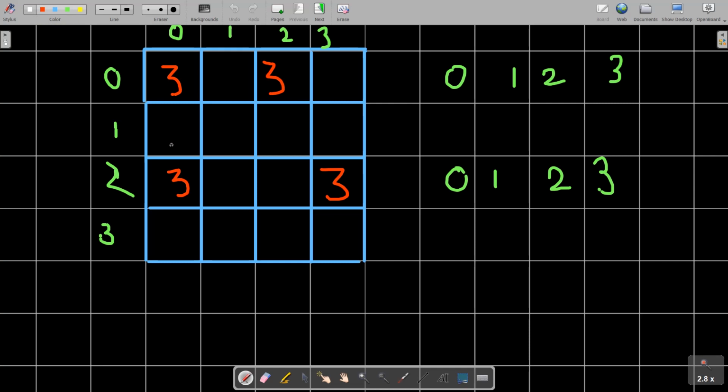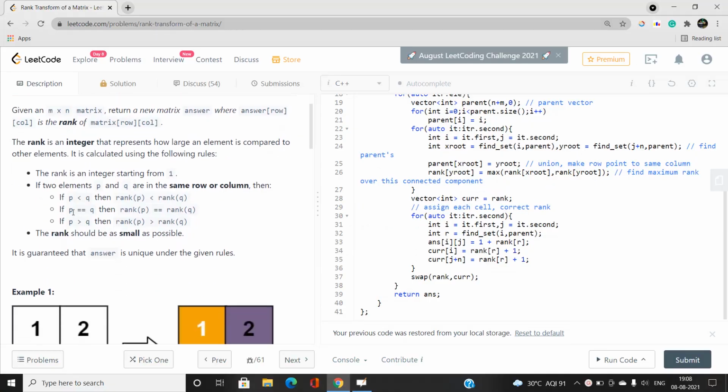You can see that I have some same values across some rows and some columns. If I focus on the zeroth column, these are the same values lying over here. If I am trying to find the rank of this cell, the value is 3, and there exists another value in the same row, and also another value in this column. According to the problem statement, if some elements are equal, we need to ensure that their ranks must also be equal.